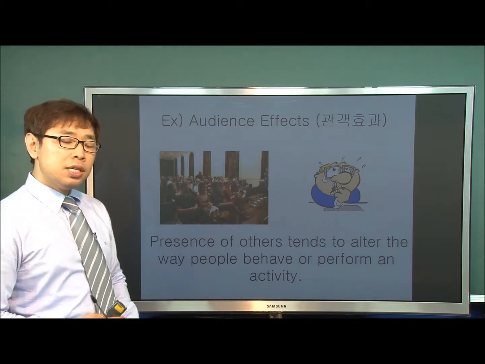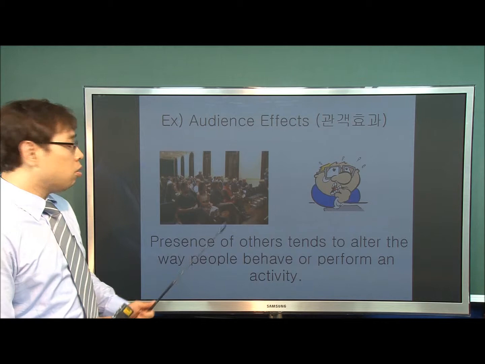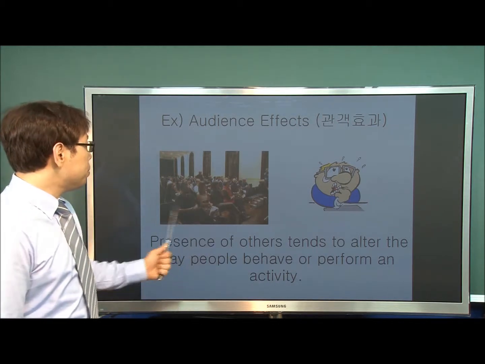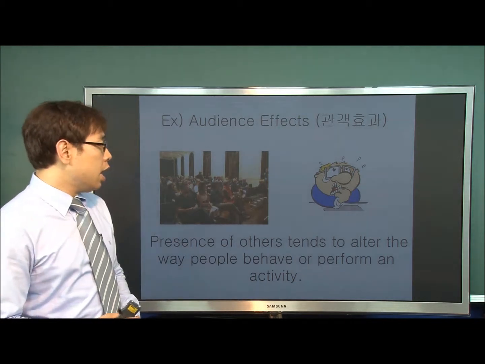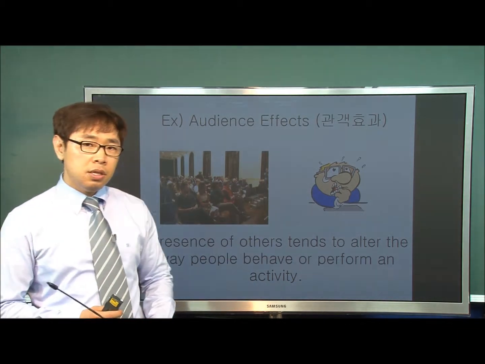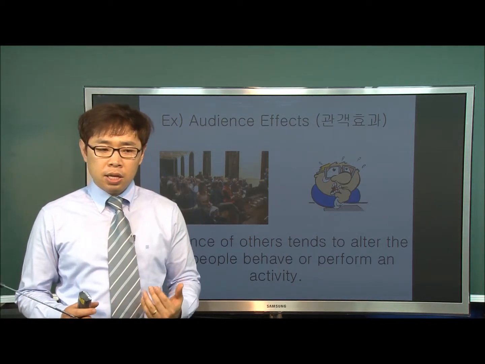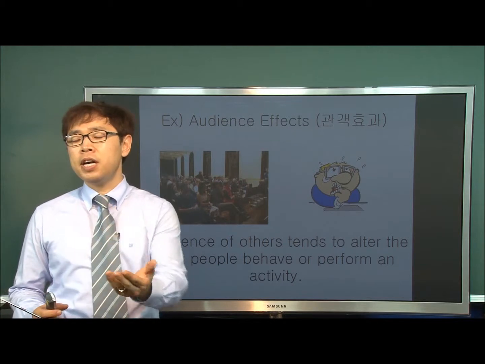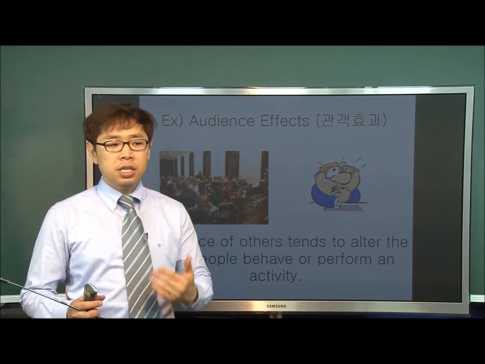From the picture you can see that this is some form of a hall or auditorium, and many people are sitting there to watch someone speak. And when that person is in front of all this audience, obviously he'll be nervous, right? He'll probably sweat, and sometimes he might talk faster than he would